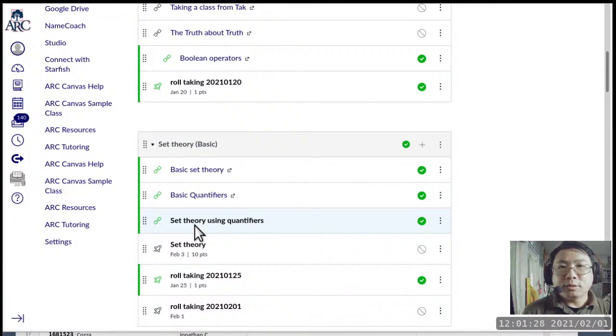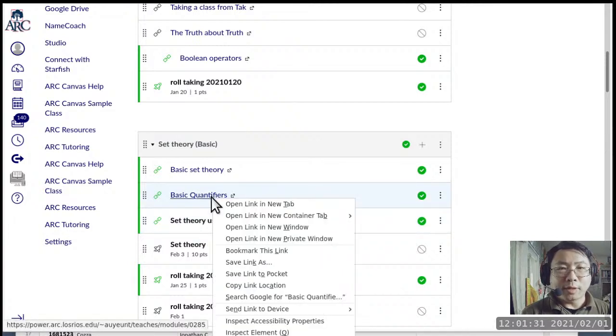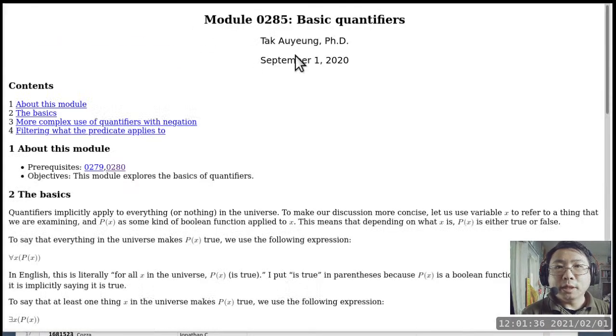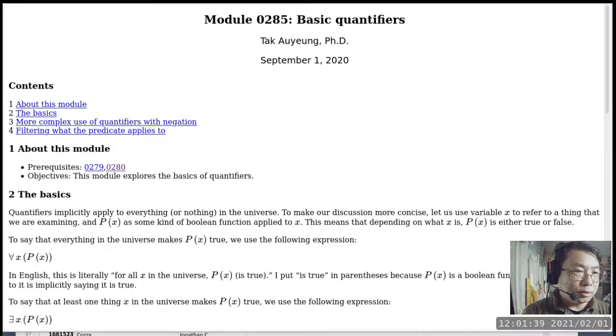All right, so we'll get started with basic quantifiers. This is the slide that we're going to start with today, and it has not been refreshed. So I'm going to refresh it so that anyone who is interested can figure out how to get the notations to work. That's the only reason I'm refreshing this. I'm doing this on the side, and when it's updated, I can update the web page. There we go, it should be updated now.